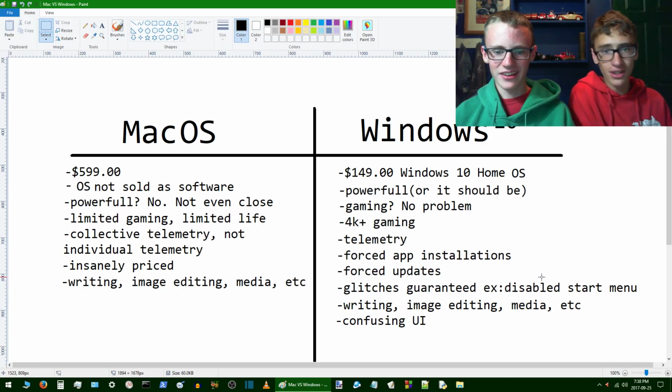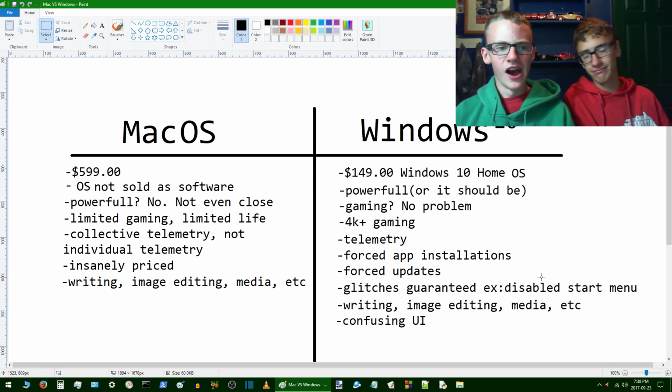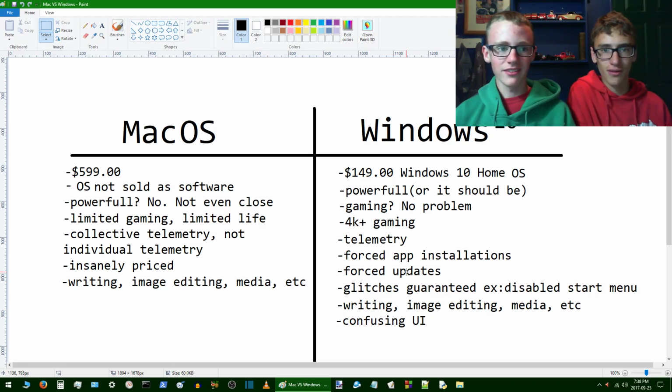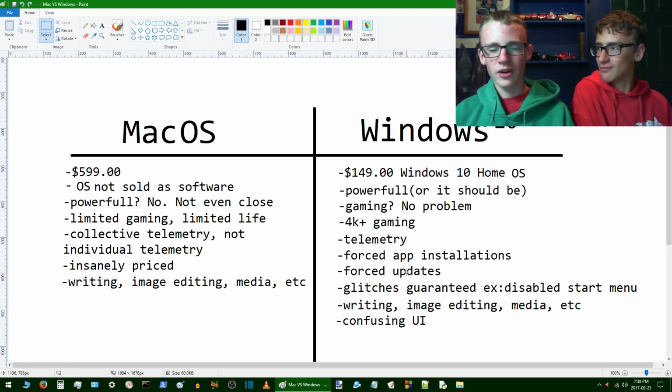Forced updates. What's this? Any forced updates on Mac? Well, this way, it's going to keep you all updated, and this way you don't have to worry about it asking you if you want updates or not. It's going to do it anyway. So while you're in the middle of playing your game or doing your banking and it just shuts down, game crashes forever, or your banking account's held open for eons. Okay, that happened once. Once, we're going to let that go.